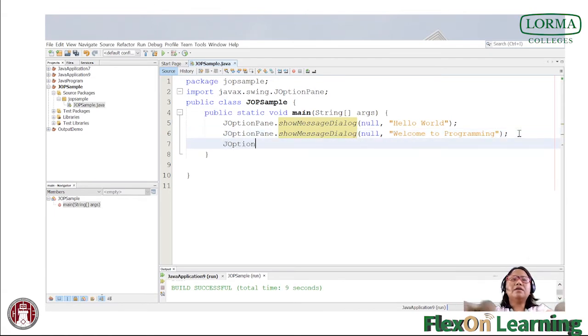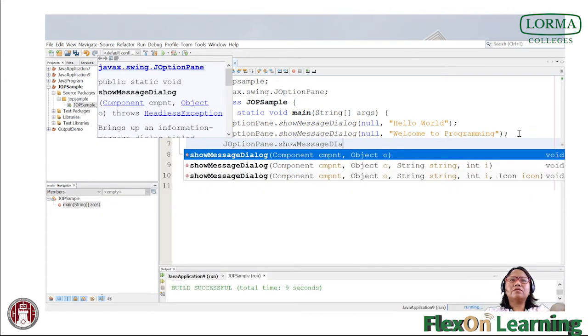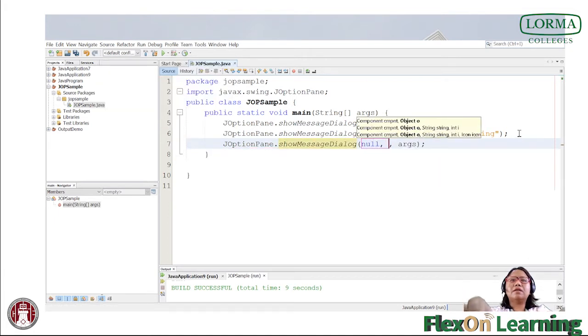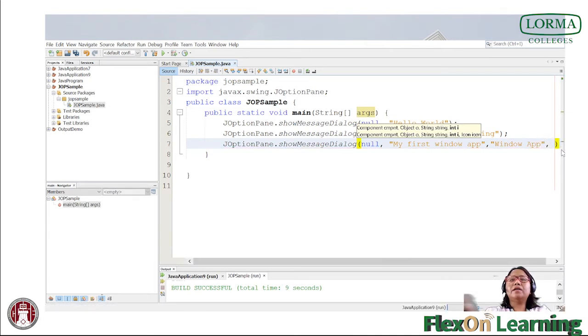It would still be JOptionPane followed by showMessageDialog. Still is null, and then followed by what we want to display, which is our message, which is "my first window up", and then followed by what will be shown in the title, "window up", and then followed by